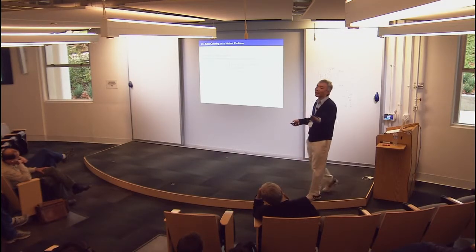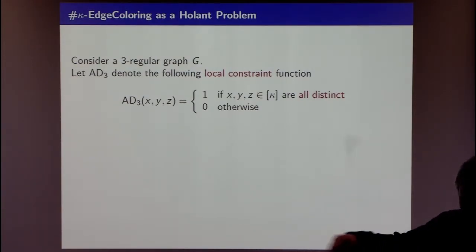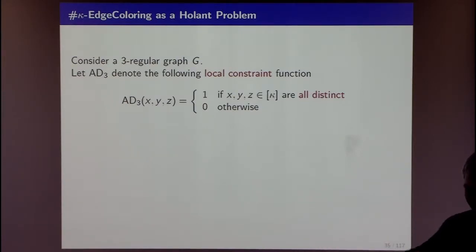Okay, so now let's go back to elementary complexity theory. We have the simple function that takes 3 inputs. Each one of them takes one of those kappa colors. And the function is simply saying, I want all of them to be distinct. So this is edge coloring again. I'm at a degree 3 vertex. I want a triple of colors coming in. And I will say it's no good if at least 2 colors are the same. Otherwise, it's okay if they're all distinct.